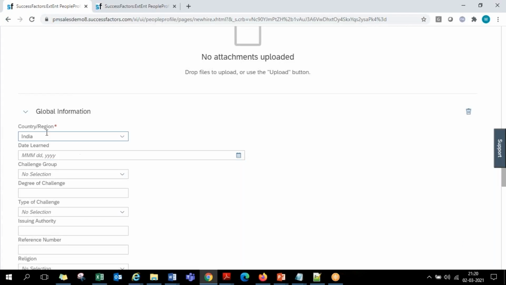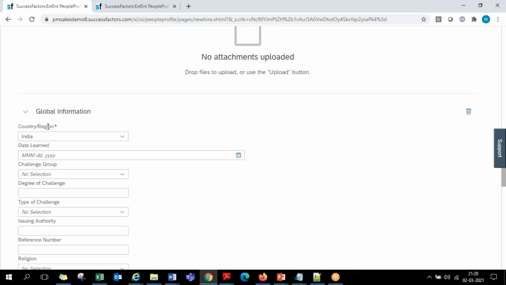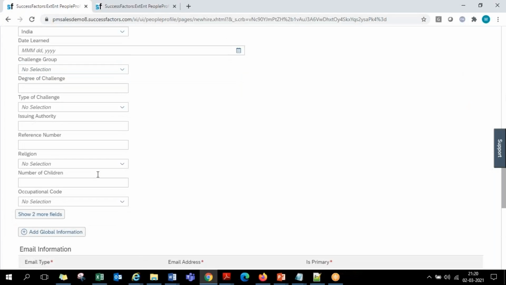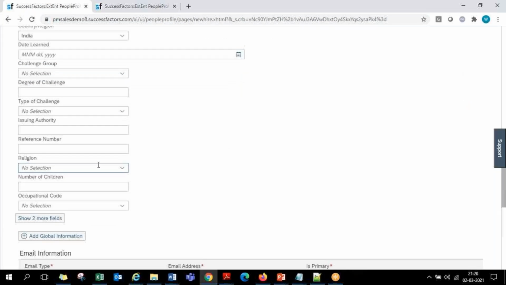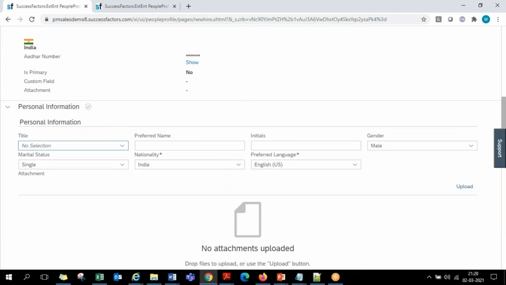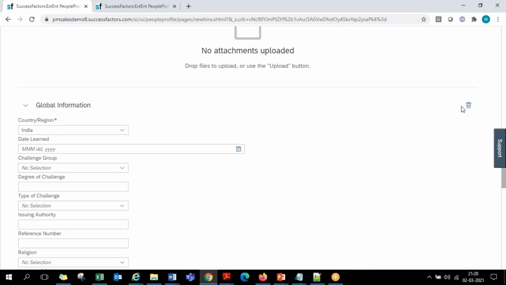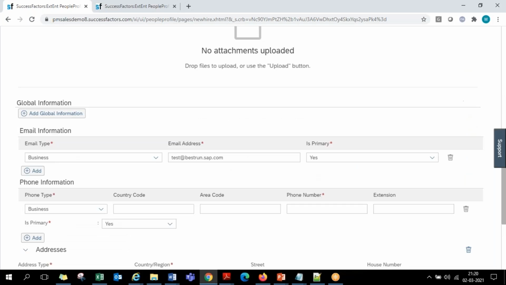And global information, this is the country specific personal information fields that we discussed in the country specific succession data model. Majority, it's only if a customer is expecting to store any information, only then they use it, else we can just skip this. Global information is not mandatory. These personal information level fields are what you cannot delete. You are required to fill these fields and go forward, whereas the global information block of fields, you can even delete it, skip it completely.